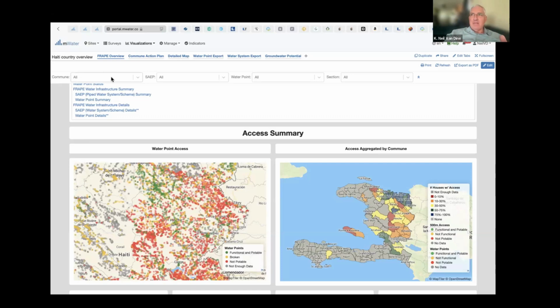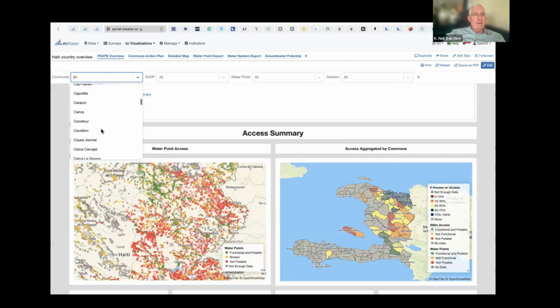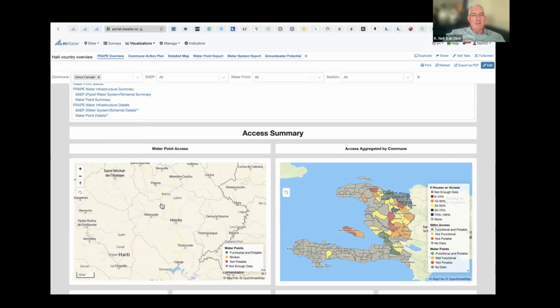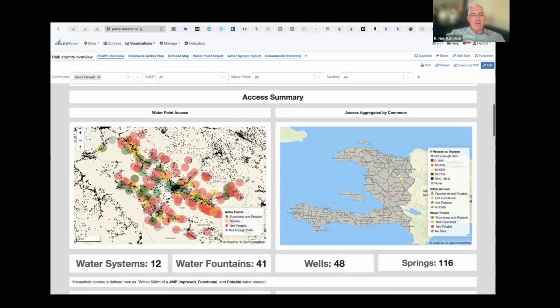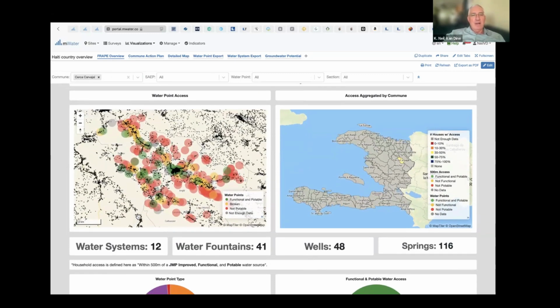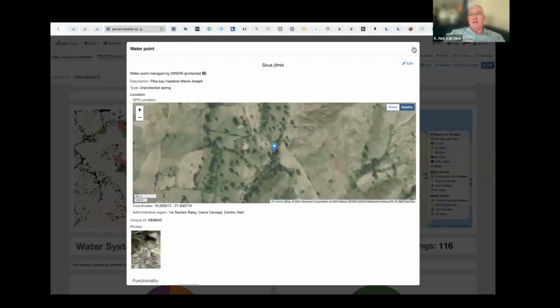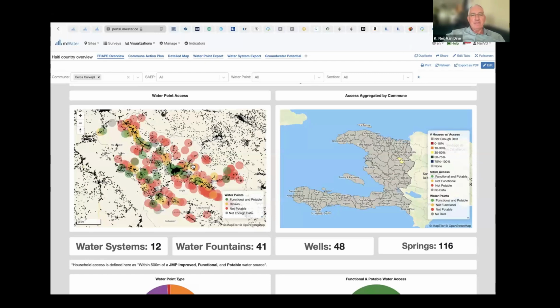And when we talk about systems, I said, well, the first level of authority is actually the mayor. So why don't we just talk about it with the mayor of Circa Cavajal, which is near where Jane is in Hench? Well, now I've gone from 60 or 70,000 water points down to about 200. And that's a whole lot easier conversation to have with the mayor. And the first thing the mayor wanted to know is, this is where my grandmother lives. Is that water point clean? And when he saw it wasn't clean, he was like, we got to get that fixed. Right? So it drives action. This is data that drives action.